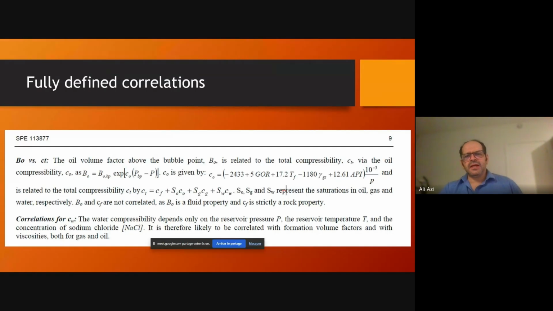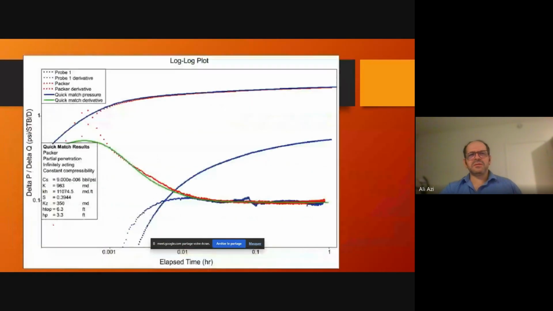So, because it can be a hassle, I understand that. I want to show a typical log-log plot, both for those among you who are very knowledgeable already about well testing and those who are not. What we observe here is what we call radial flow stabilization of this green curve. And when we get to this stabilization,